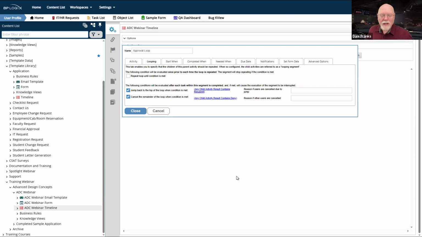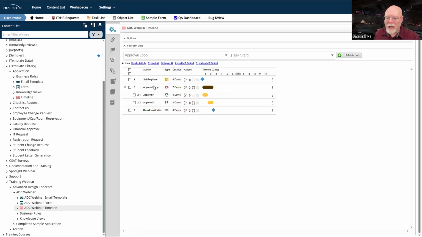That request has been denied, so I need to get out of the approval loop. Well, that's why building an approval loop inside a looping structure is a best practice. You should always use approval activities inside an approval loop so that I have a way to restart the loop at the very beginning, so that the form submitter can resubmit the form and restart the entire approval process.